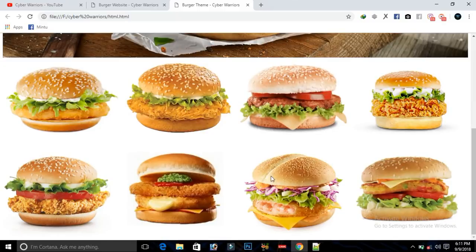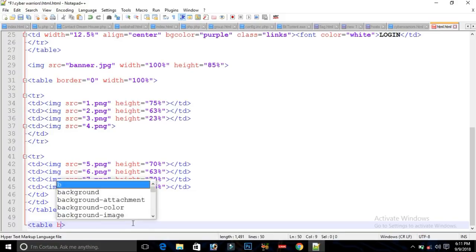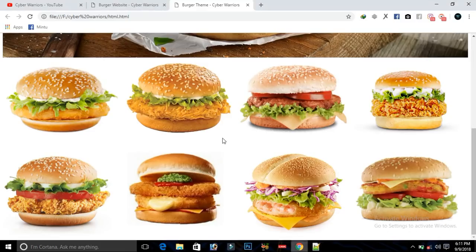So now I want a new table for the footer purpose, and border is equals to 3 and width is equals to 100%. Save the document,